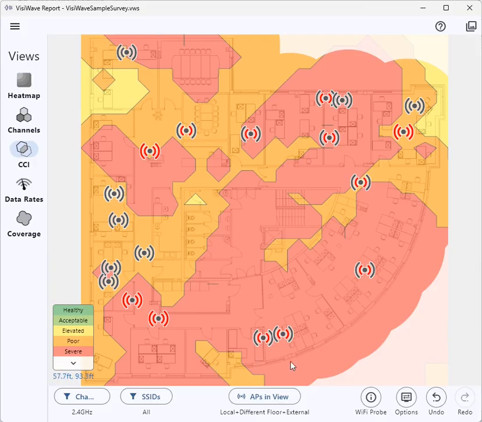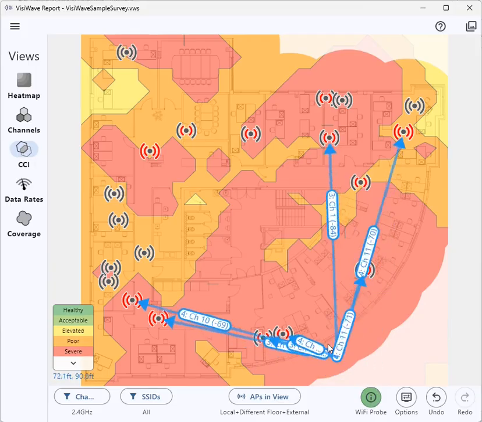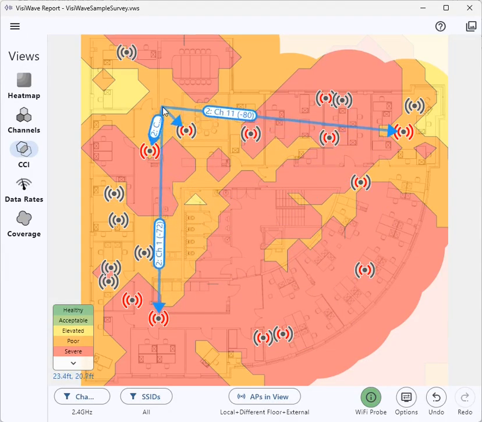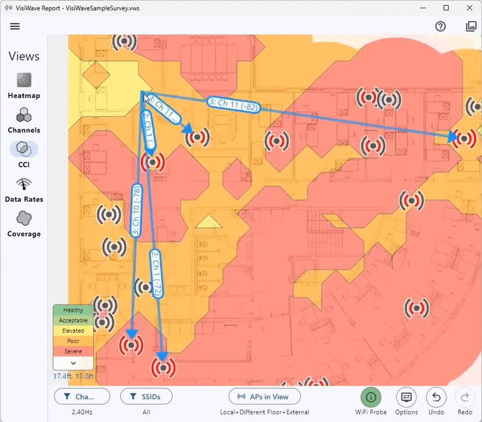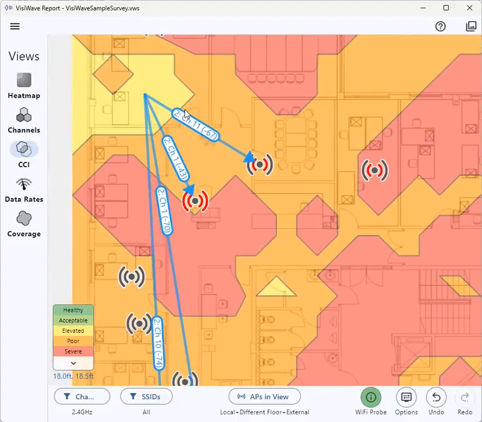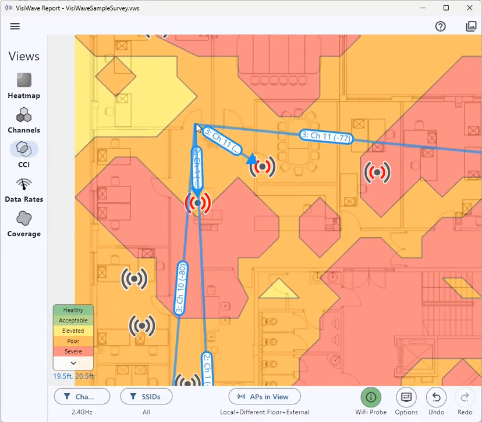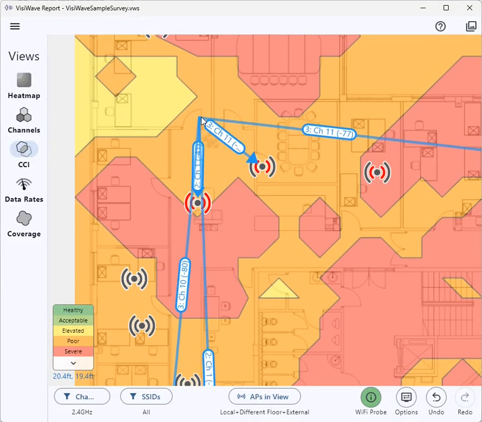And if you turn on the Wi-Fi probe, you can see the number of channels that are interfering at each hover point. The first number indicates how many interfering APs are on that channel, and in parentheses is the signal strength for that channel. In this example, 2 APs are using channel 1 and 3 APs are using overlapping channels